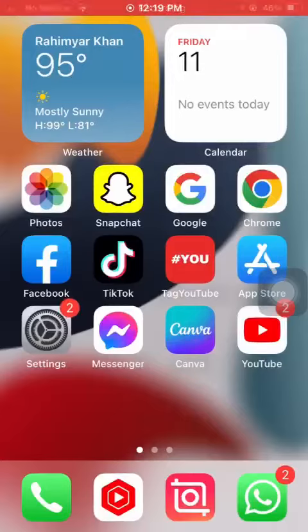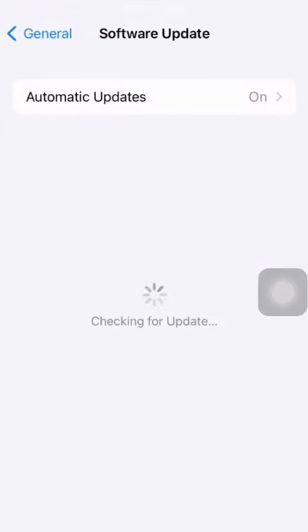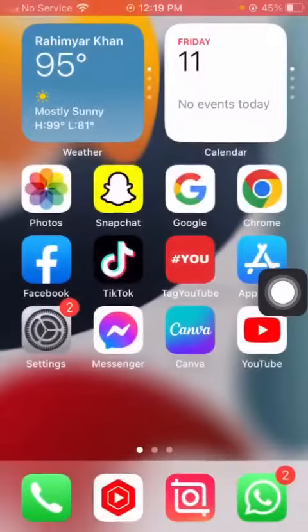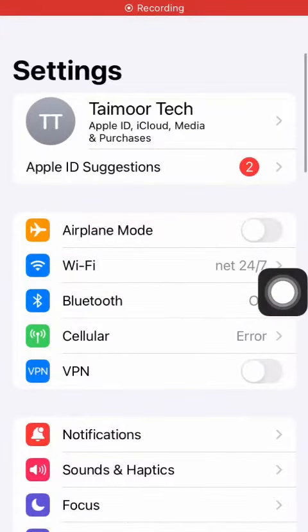In this video I'm going to be showing you how to fix the "unable to check for update" problem on iPhone and iPad. So how to fix it if you want to update your iPhone but face this type of error, "unable to check for the update"? First of all, go back to the home screen and open your iPhone or iPad Settings,